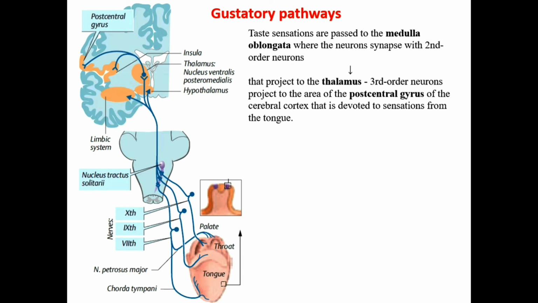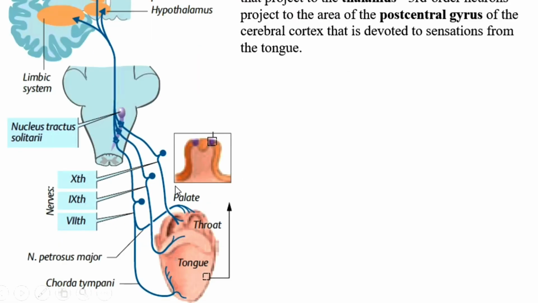And in here we have the gustatory pathway. The gustatory pathway tells that the anterior two-thirds of the tongue is served by the seventh cranial nerve, the facial nerve. The posterior one-third is the ninth nerve, which is the glossopharyngeal nerve. They are picking up the sensation according to the tastes, but the facial nerve can have another branch and can pick up the pain and also the temperature. So the facial nerve has two branches from the two-thirds part of the tongue and also from the palate. And also in here, the throat